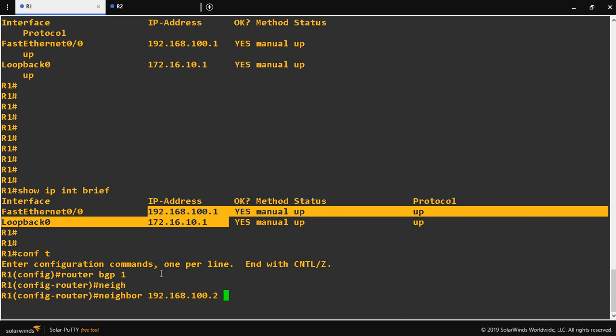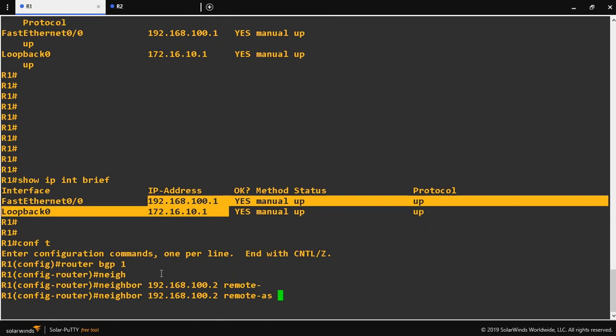So neighbor is a keyword, then you have to give the neighbor IP, then you have to give remote-as. So this one is also a keyword. The remote-as number indicates what autonomous system number is used for the R2 router. In the R2 router I am using autonomous system number 2. So here you have to give 2, enter.